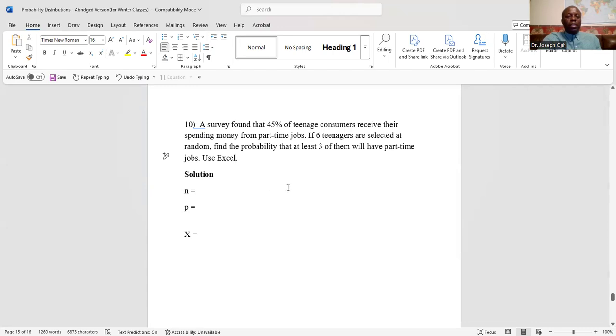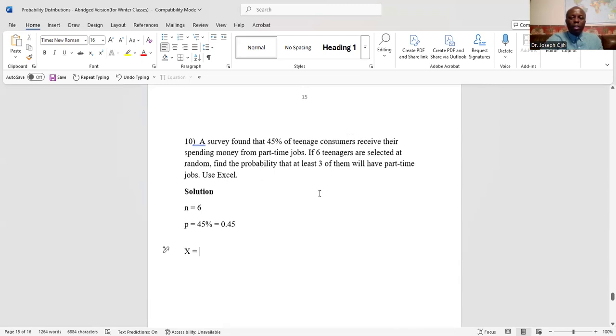Now, these are 6 teenagers, so N is 6. We found that 45% of them have part-time jobs, so P is 45%, which is 0.45. Well, if you're using Excel, you don't really need the Q. But this time around, it says if 3,